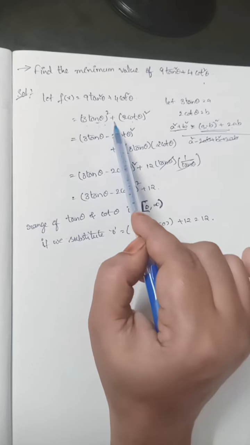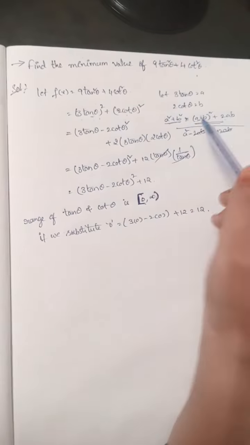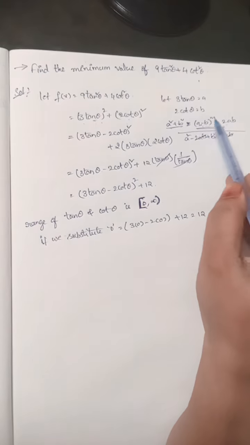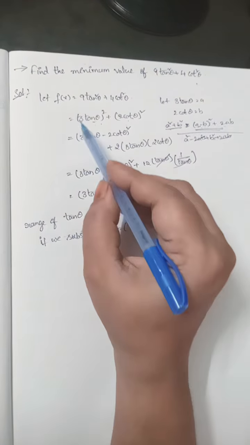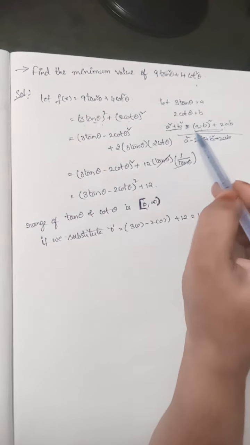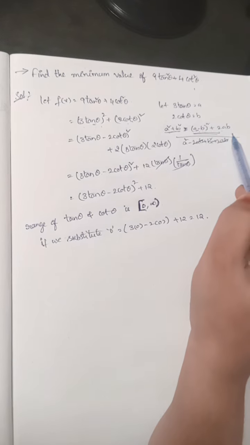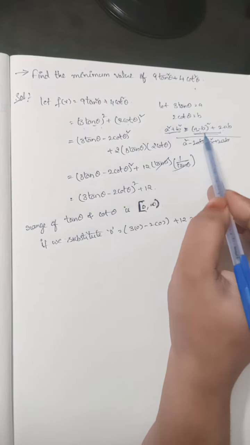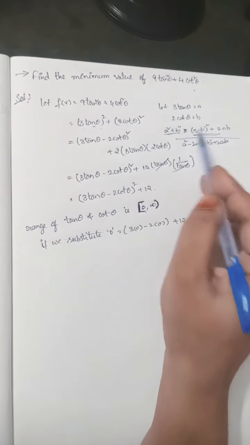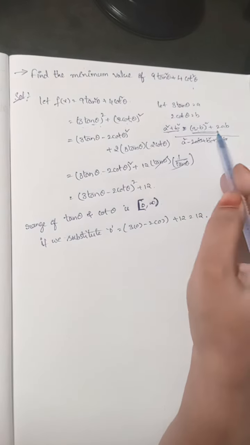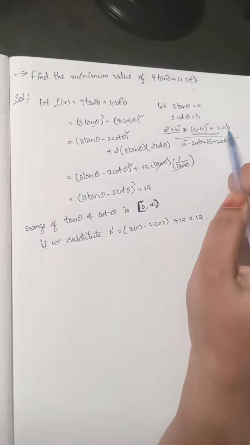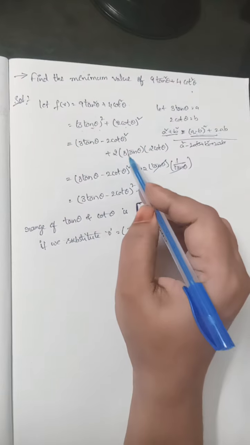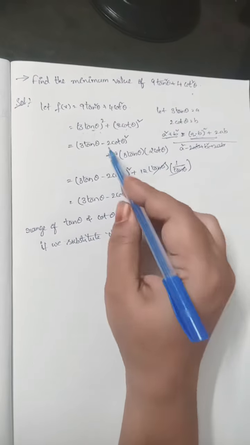So I wrote this in a square plus b square form. But for that, how can you get it? The formula is (a minus b) whole square plus 2ab. So now this must be written in this form, right? So here if you take A as 3 tan theta, B as 2 cot theta, and substitute in this, what you will get? (3 tan theta minus 2 cot theta) whole square plus 2 into 3 tan theta into 2 cot theta, right? So here 2 threes are 6, 6 twos are 12.